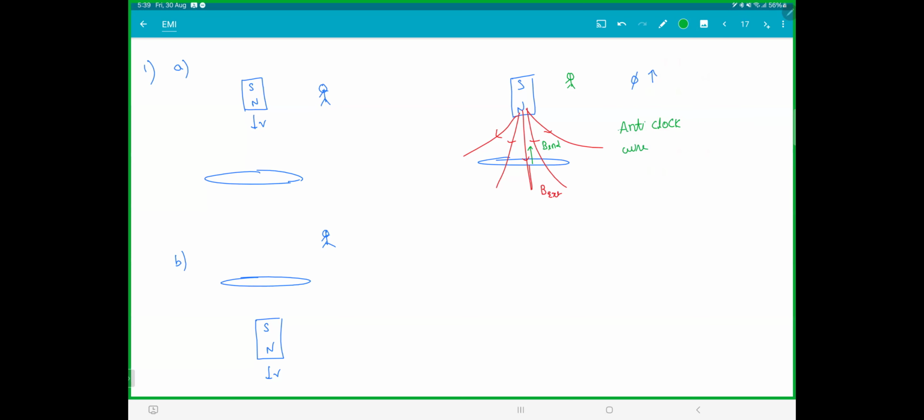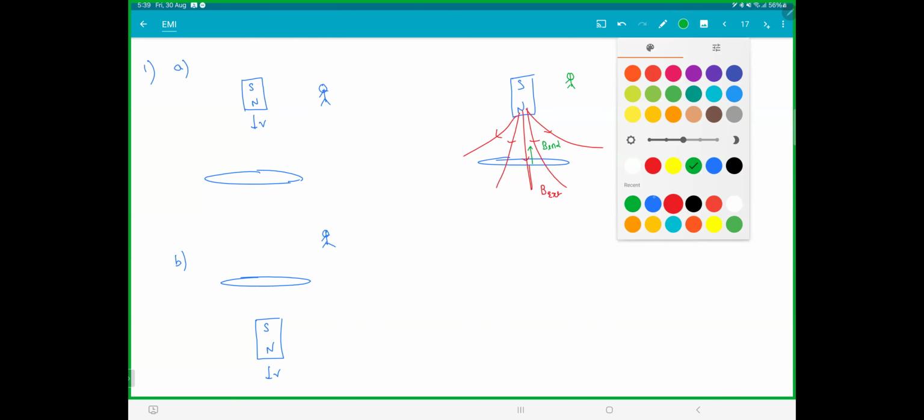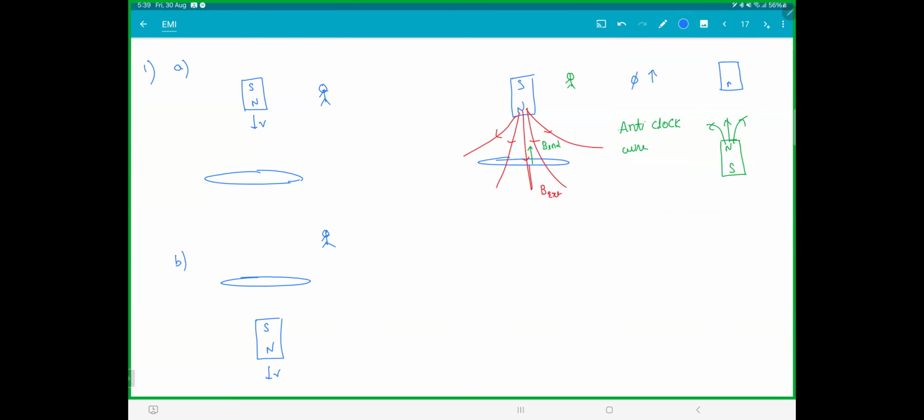Now, that is one thing. That means this coil here is acting like a magnet, north, south, and it is sending the field lines this way. And that blue magnet itself is coming this way, north, south, and its field lines are this way. And if you see north and north, both are coming, this will repel. That means when you drop this magnet from a height, if you try to draw the FBD, because of this repulsion,